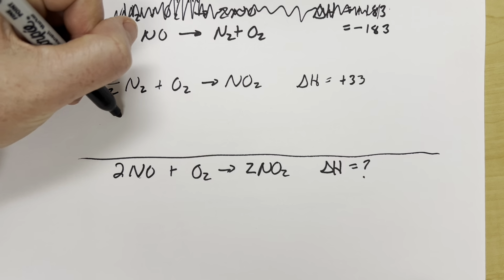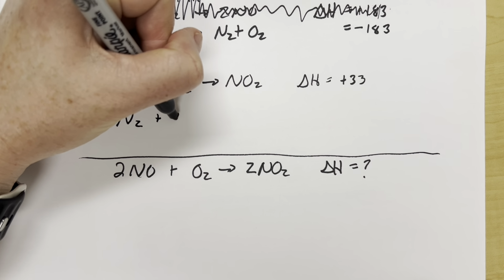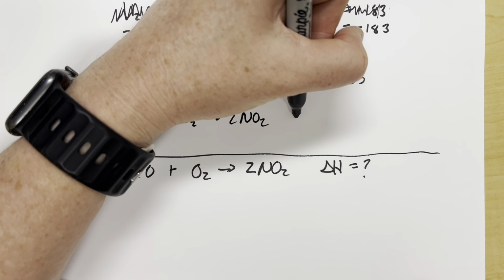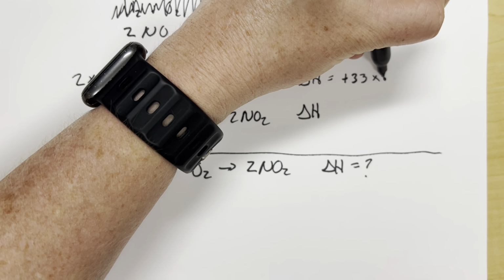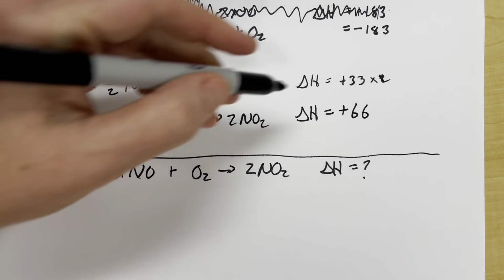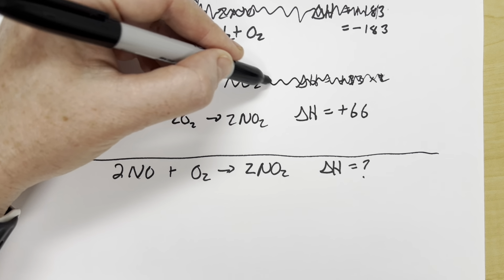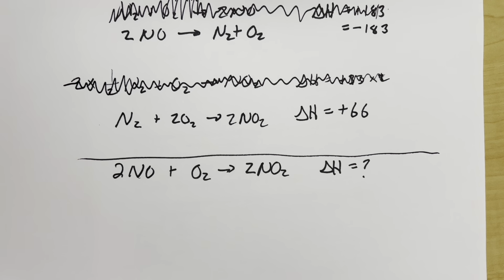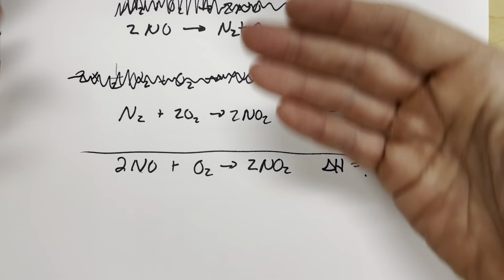So what we end up with is N2 plus 2 O2 yielding 2 NO2. And of course our delta H, we also have to multiply by 2 to give us a positive 66. Once we've done that, don't forget, erase that business. Cool. Okay, so now when we go to add them up,